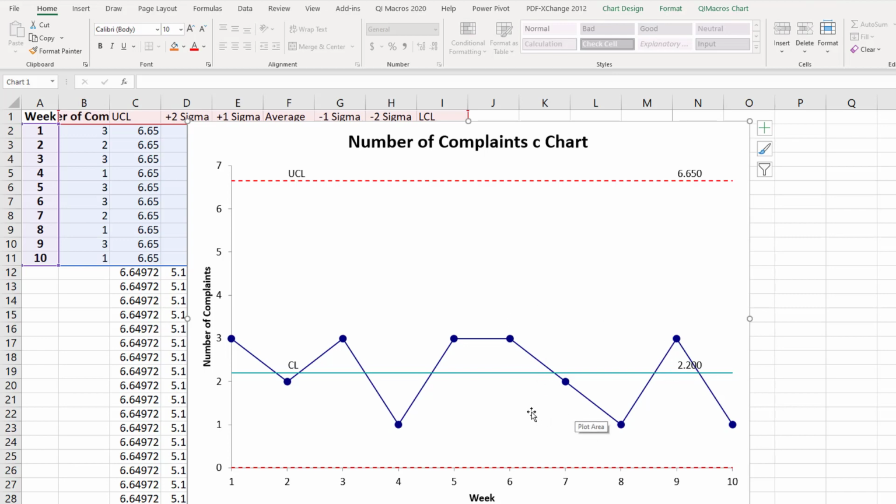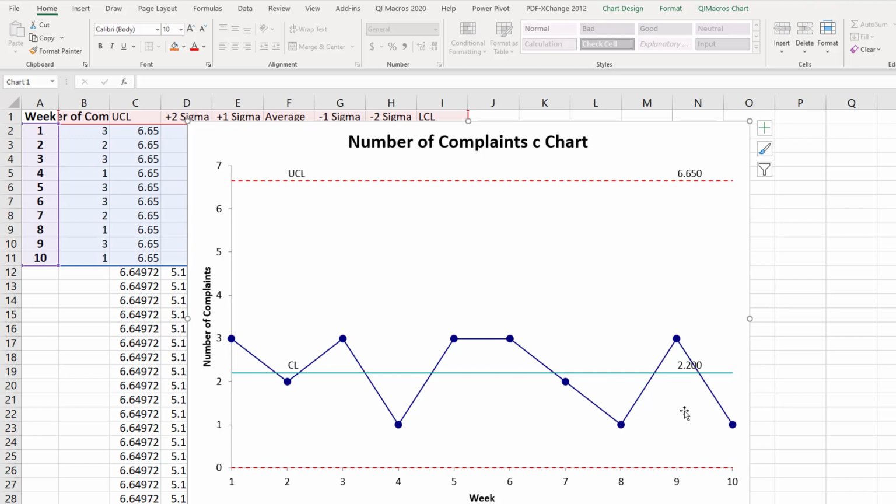So the hotel just fulfills the 3 sigma quality standard, so the inspector will give them a green signal. It means they fulfill all the things which are required in the 3 sigma. And 3 sigma means that out of 100, 97% will be effective and 3% will be defective. So in this way you can construct the C chart.